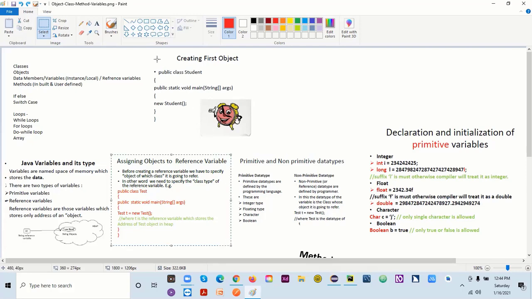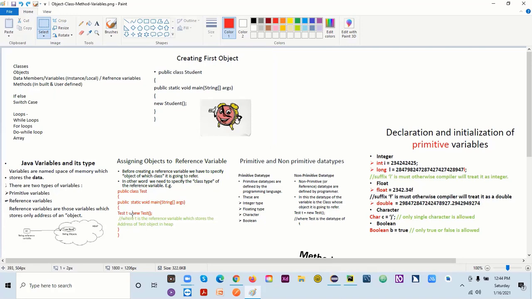And here, how can we create the object? We already created an object here. We use the new word and give the name of this class. As soon as you write new before the class name, your object will be created, but you have to store it somewhere. So you use this T as a reference variable to store that object.